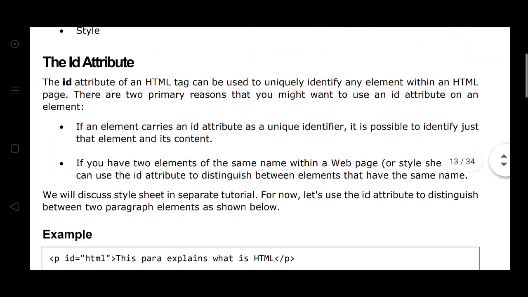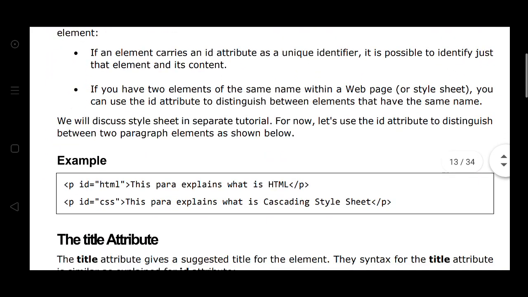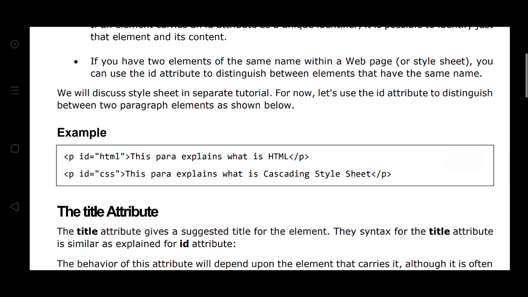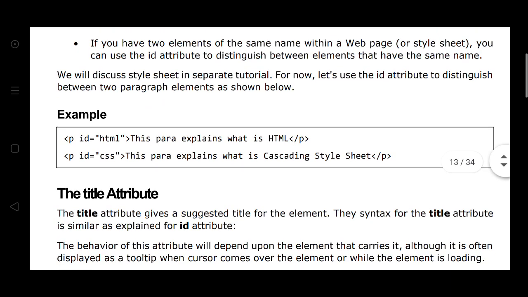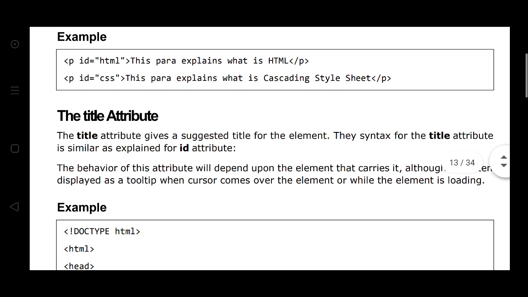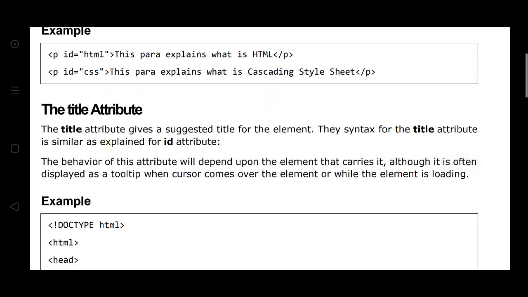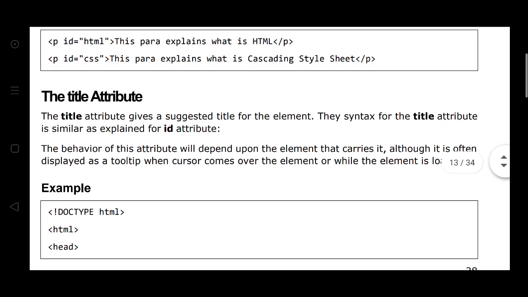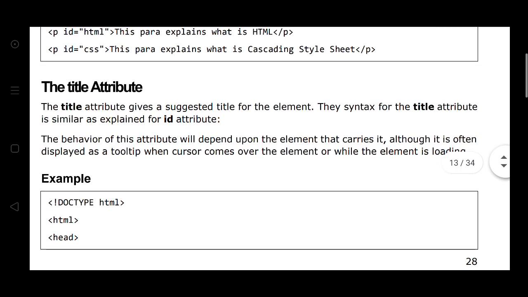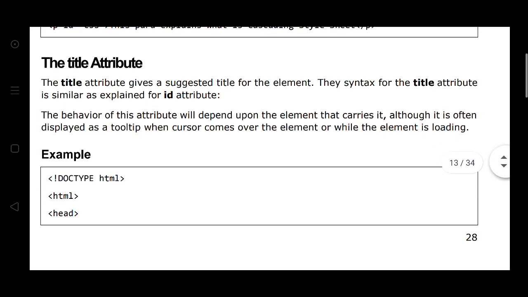Here this is the ID attribute. The ID attribute is ID equal to HTML or ID equal to CSS, whatever it may be. The title attribute gives a suggested title for the element. The syntax for the title attribute is similar to that explained for the ID attribute.